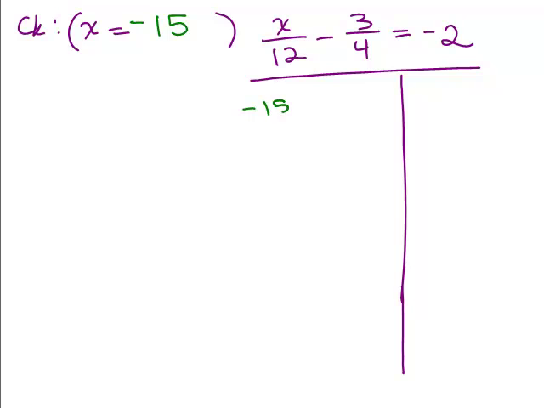So I have -15/12 minus 3/4. And now this is not an equation. This is just an expression. So we have to simplify it. You can't multiply both sides by anything because there aren't two sides. It's not an equation. Now, it's true that you could simplify. You could reduce -15/12, but if you did, you get a 3 in the denominator, and you need to get a common denominator anyway. So in this case, it's actually easier to leave this not reduced